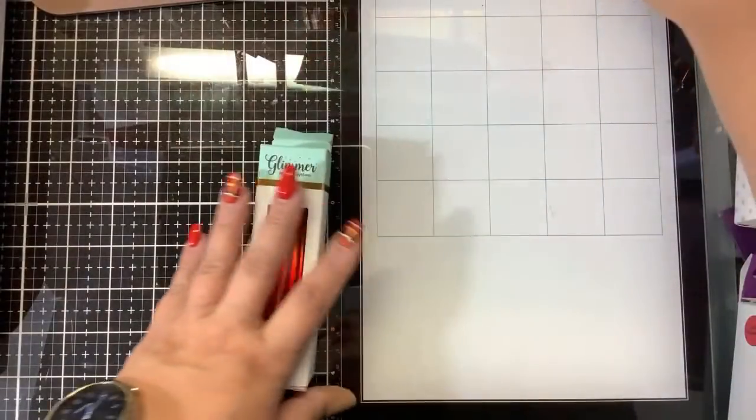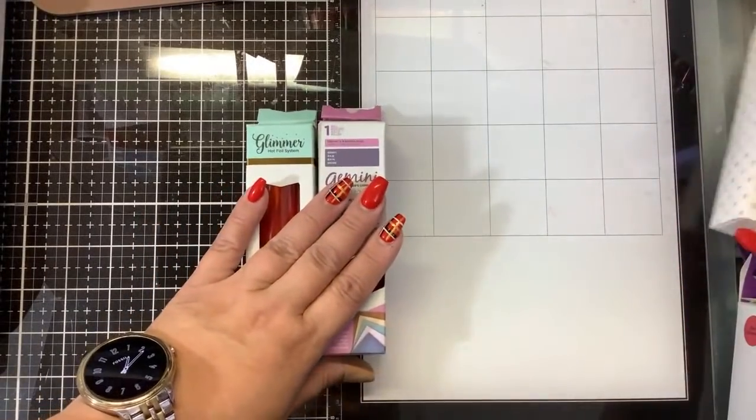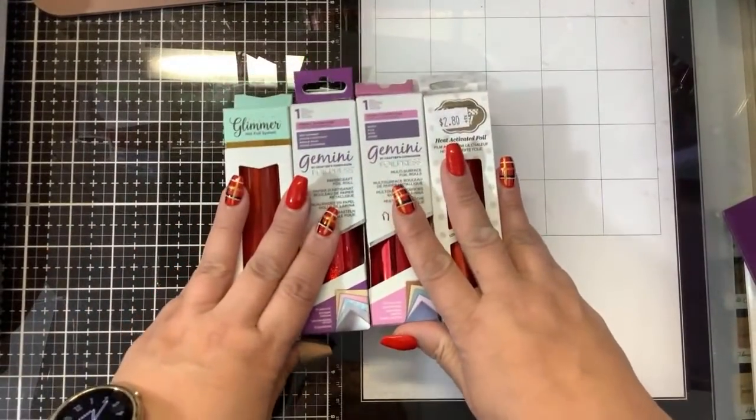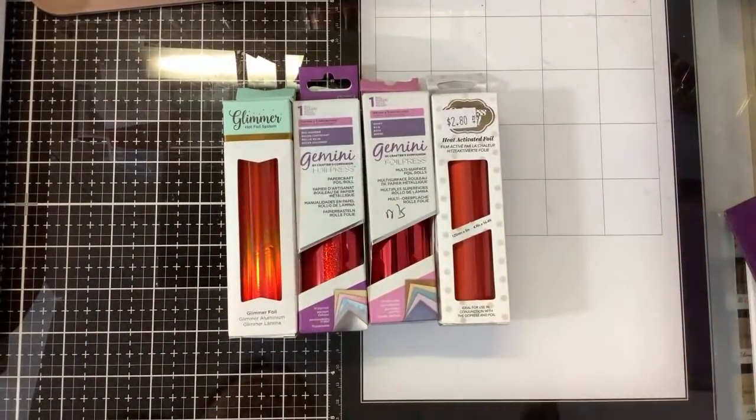Okay, so what is hot foiling? Hot foiling is a system where you use these special hot foil dies. They're not like cutting dies. They're flat-backed dies. And what these dies will do...